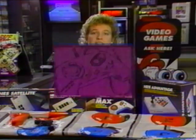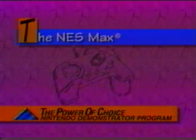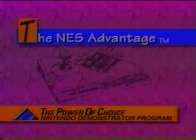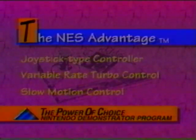Now let's cover all the NES accessories. In addition to the NES controllers included with every system is the NES Max. The NES Max is a horseshoe-shaped controller allowing maximum control, with a 360-degree control button and 2 turbo buttons. The next NES controller is the NES Advantage. This controller features a joystick just like those used in the arcades. It also has variable rate turbo control as well as slow motion for games that have the slow motion function